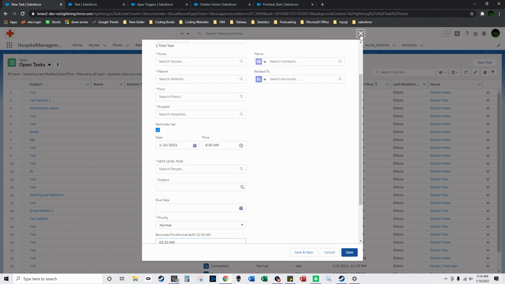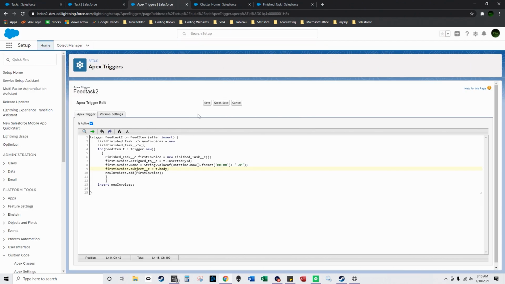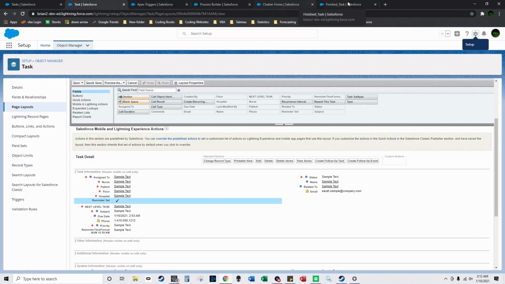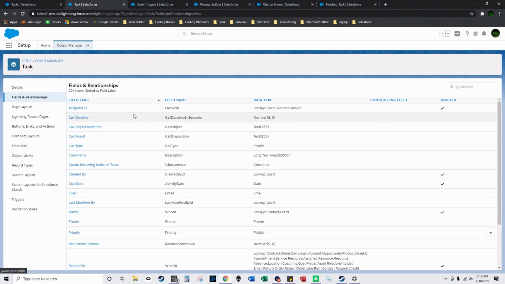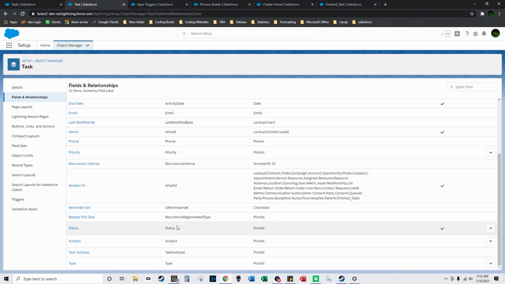And I'm going to show you the process builder for it first. But basically, you click save here, and now that's done. It's just a simple text field that you create on your task. So basically,